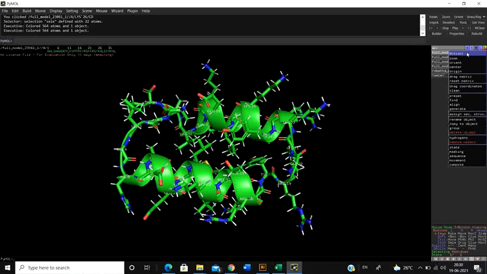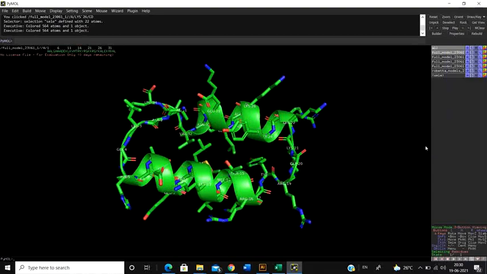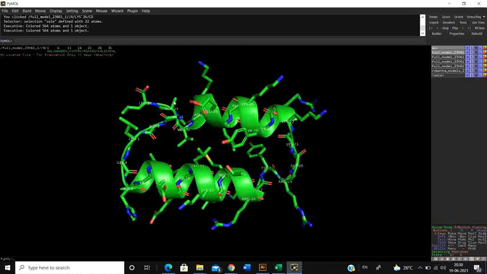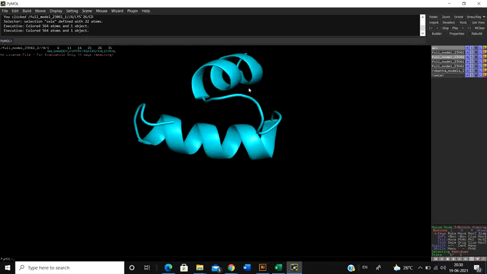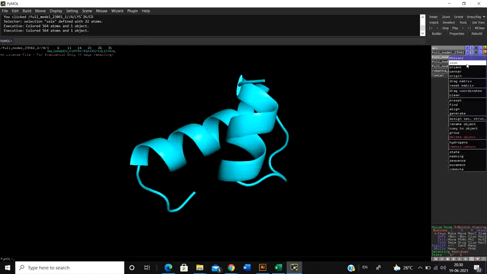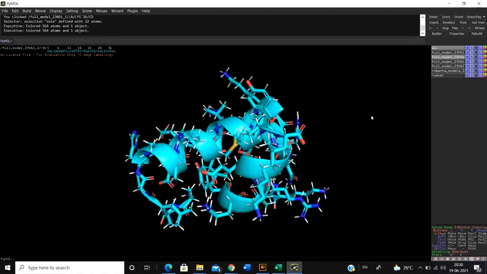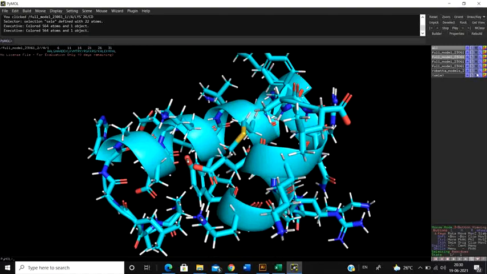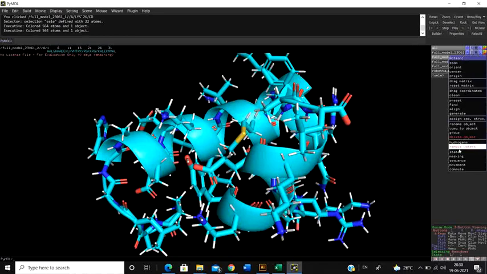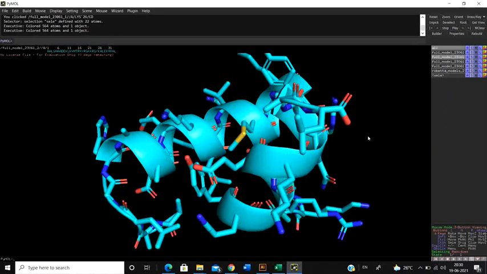Now see, under the action button there is an option called hydrogen. Now if you click on hydrogens, you get to see remove hydrogen. If I click on remove, see, every hydrogen is actually removed from the structure. Every hydrogen is removed. Let me show it again, sorry. See, it has hydrogens, all the white hydrogens. But if I click on the action button, go to hydrogen, click on remove, all the hydrogens are removed.